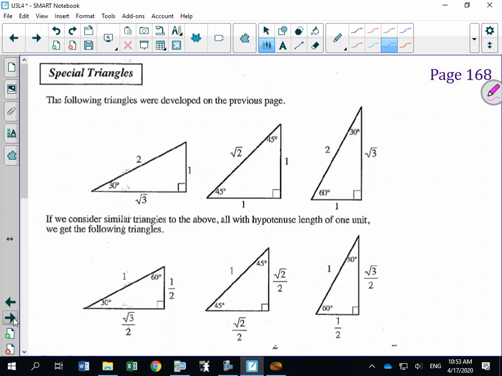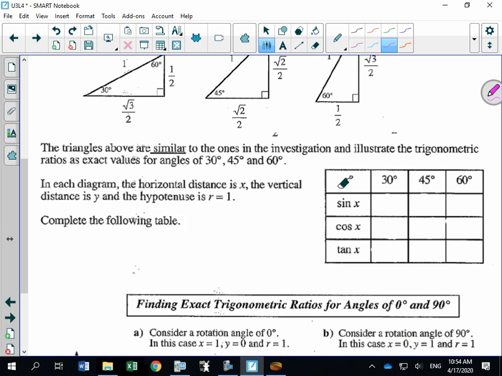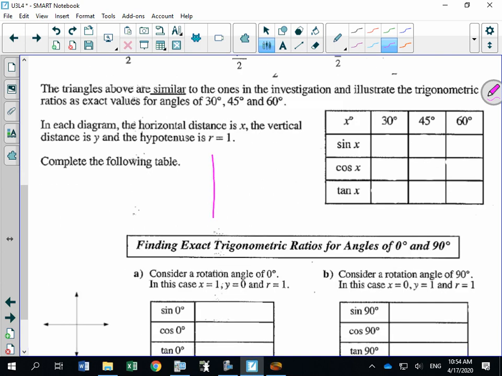Okay, this page here, it's going to be very similar to identical to what we just did. So it's basically redoing what we just did, reinforcing everything. So I want you to scroll down to this chart here. And again, it's wanting us to fill in the sine of 30 degrees, cos of 45, or sorry, sine of 30, sine of 45, sine of 60. And your book tells you to memorize this whole table. I say to my kids, please don't memorize this table. Let's do our 45-degree triangle. So what I want you to do, draw yourself a Cartesian plane,